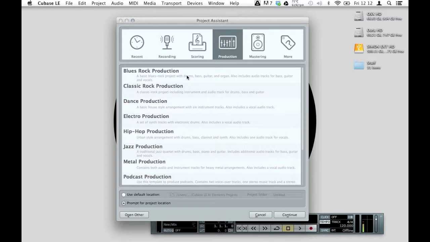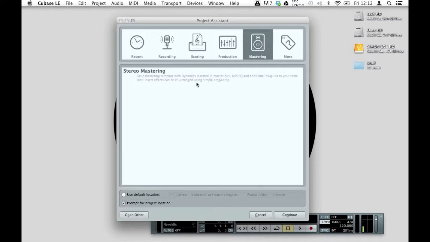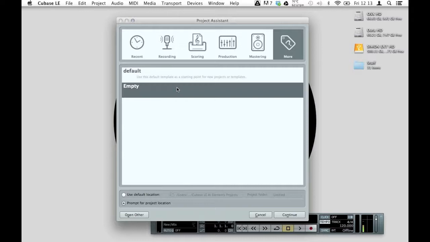So if you choose for example blues rock production, you'll get already a number of tracks and some audio tracks for guitar, some audio tracks for bass, already a MIDI track with a drum pattern in it, so you can just get started into a little more complex productions. Of course you can go for mastering. I don't think this is too good, because basically what it's doing is putting a number of plugins right into your master output. I don't work this way, and I do not use the Cubase plugins when I'm mastering, so basically I don't use this template. What we're going to do is we go for more, and we go for the empty one,